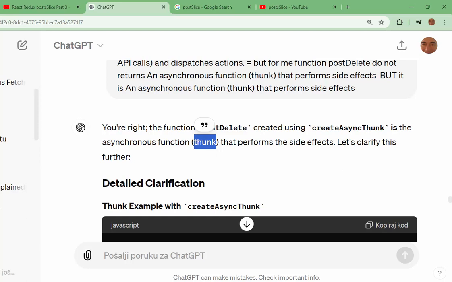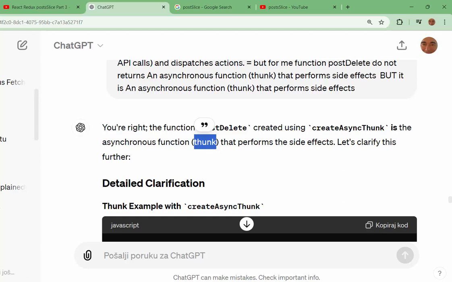When we have an asynchronous process, we name the action creator a thunk, and there is more work than in an action creator when the data is in memory.